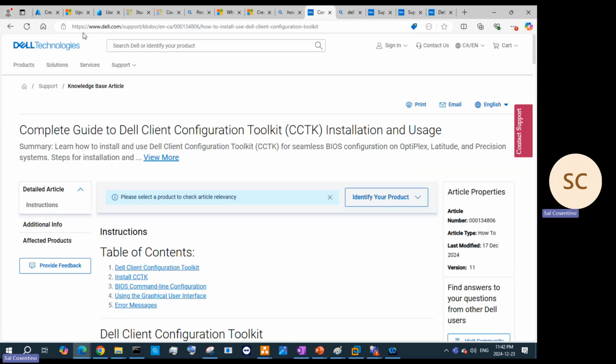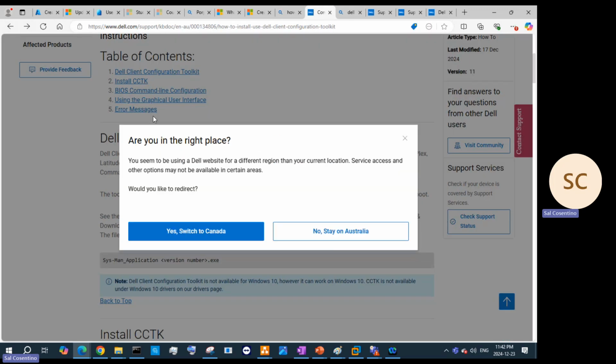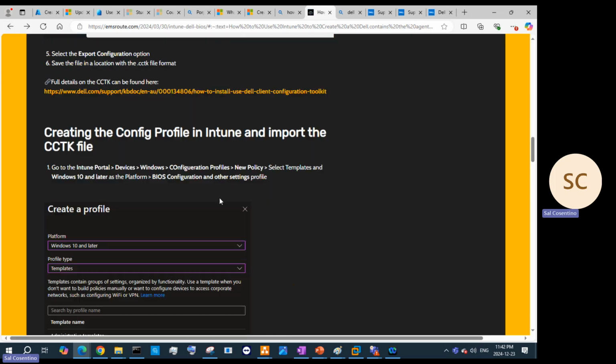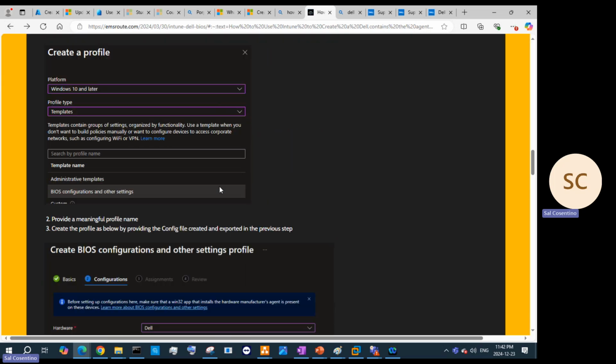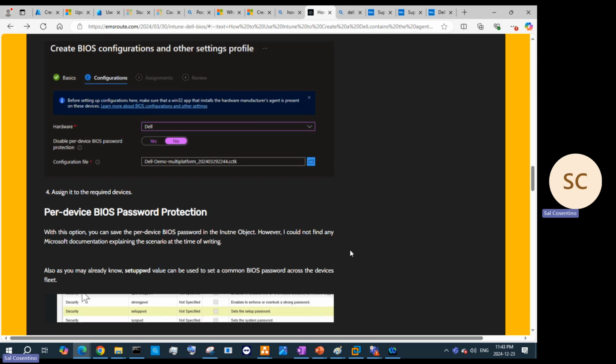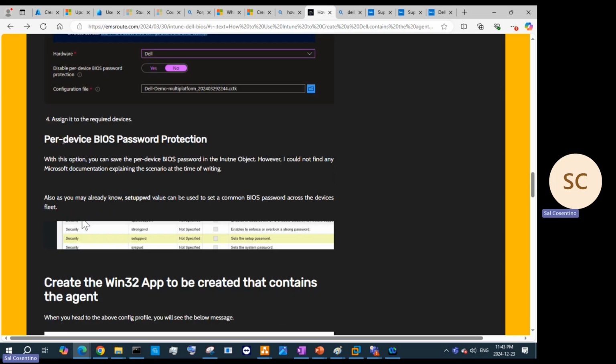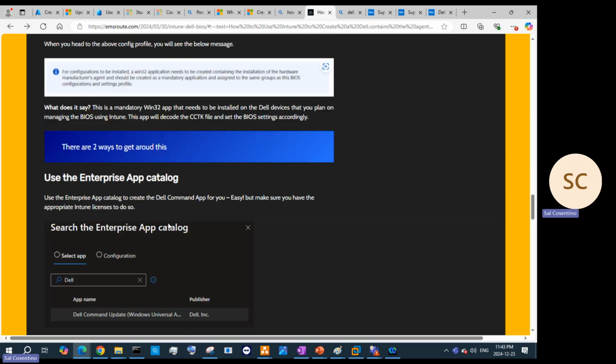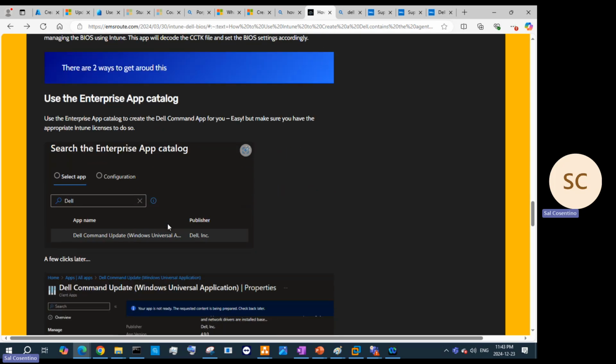So here's how to do that, and I'm going to post this link because it's very, very interesting on how to. But I do need that CCTK folder in this aspect, right? And again, per device BIOS protection, so that we can save the per device BIOS password in the Intune object. However, I couldn't find any Microsoft documentation. Again, this is what he's saying. There's some workarounds around that